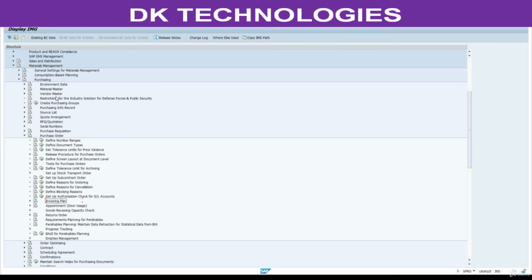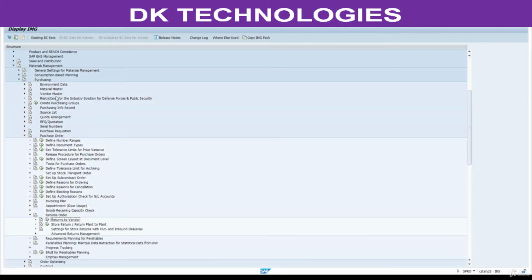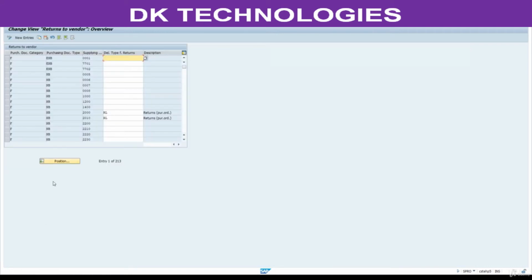See, here you will find return orders. Under this return order, there is returns to vendor. Click on this one. Here you need to enter your return order type.